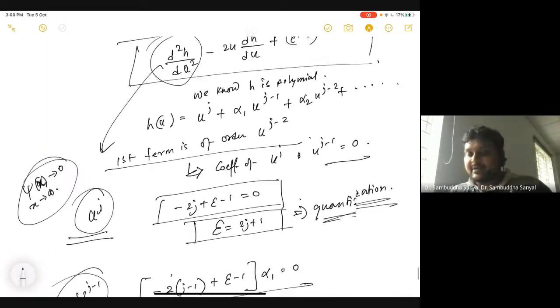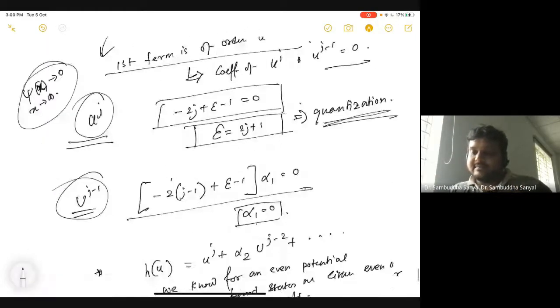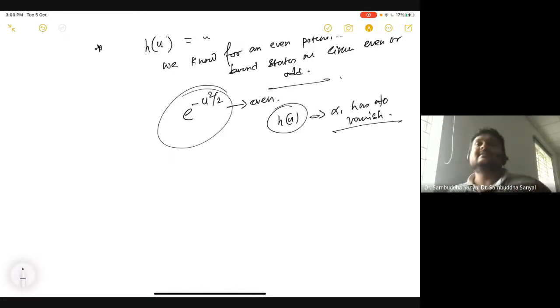So notice I have not yet started to formally solve it, but there are a lot of things I can say by simply staring at the equation and looking at the simple logic and structure of the solution. All these constraints are coming because of the fact that the wave function is bounded. I hope everything is making sense. Even if you are not following a sub-step of the algebra, you should be able to follow the key points. If not, you should stop me and ask which point you didn't follow.